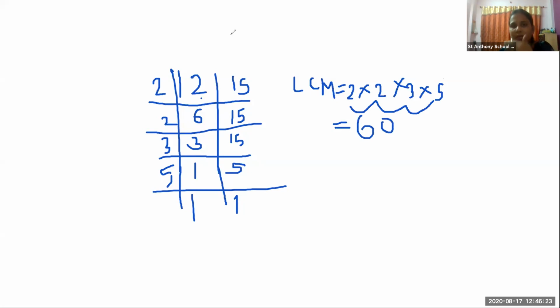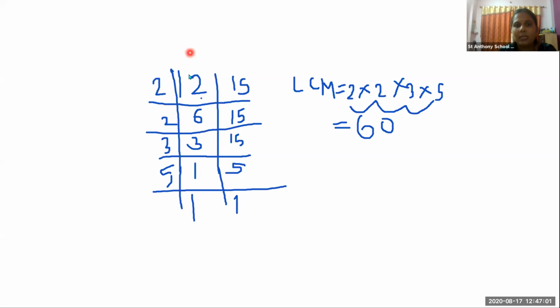Understood everyone? What we are going to do here, please pay attention. We take here 12 and we take here 15. Now 2 is there at the unit place, so we divide this 12 by 2. 2 6s are 12. 15 cannot be divided by 2, so 15 remains as it is. Now again here 6 has come, so we divide this 6 by 2. 2 3s are 6. But 15 again cannot be divided by 2, so it comes down as it is. Now here 3 and 15 are there, so 3 can be divided by 3.